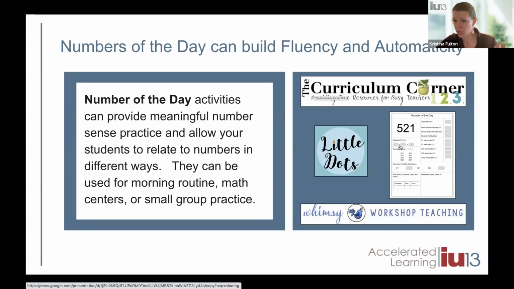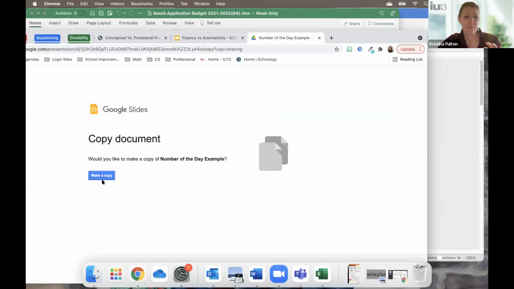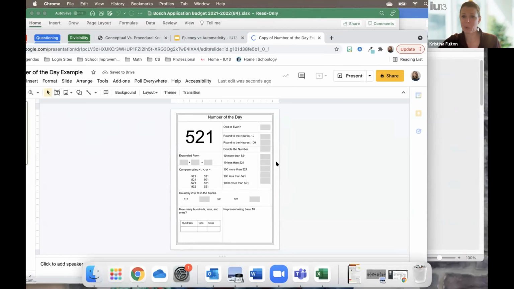And then one that I created, I'm gonna see if I can click on it and still get back to my screen. So I wrote it and then set it up so it makes a copy for you. That way we don't have to worry about one another going through and making edits, that you have your own copy so you can feel free to make a copy of it, change the numbers around. But it's a way to be able to look at relationships of numbers and either represented in different ways or related to other things. So this was created for, if I remember right, this was created and used within 3rd grade.